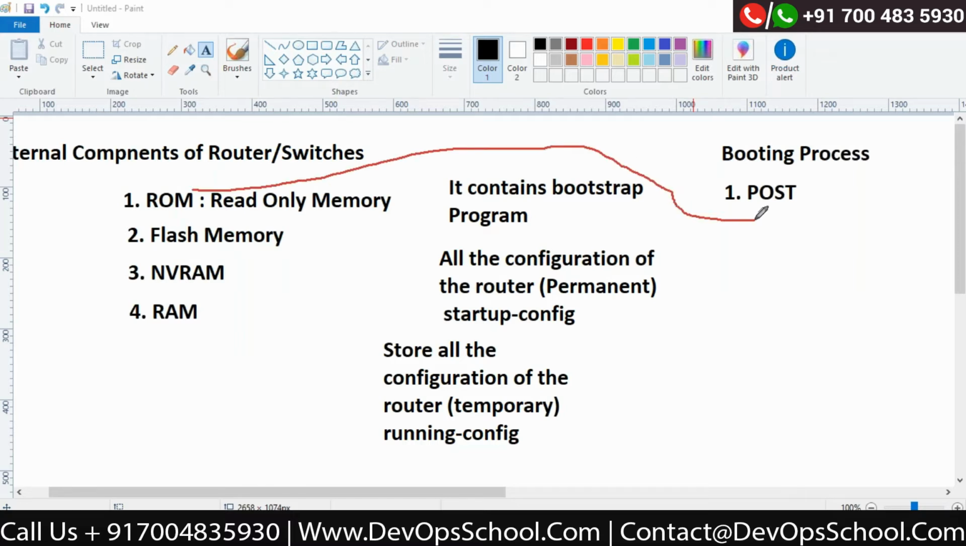After this step, the second step would be the ROM. Now I told you what is there in the ROM. The ROM contains a bootstrap program. This is the BIOS of your router or switch. You can say anything. Correct? Now this particular BIOS contains a bootstrapping program. Now bootstrapping means what? That bootstrapping will inform you where my operating system is, where I should boot the